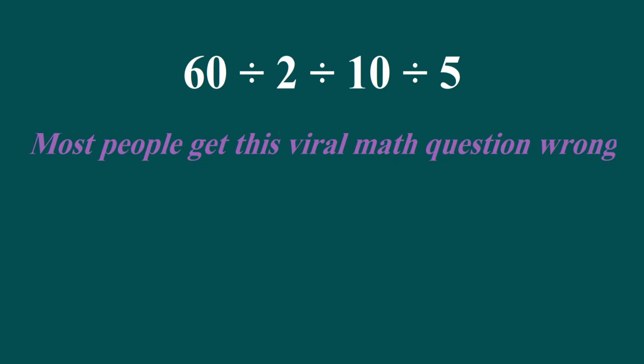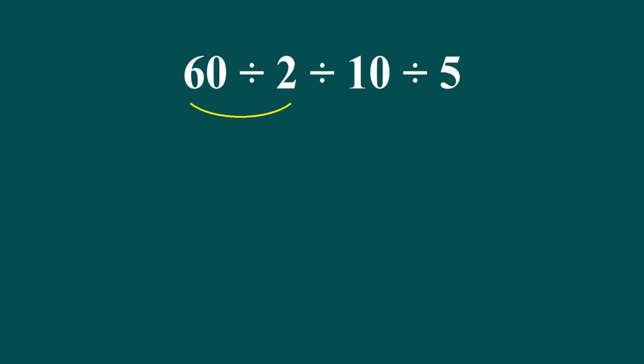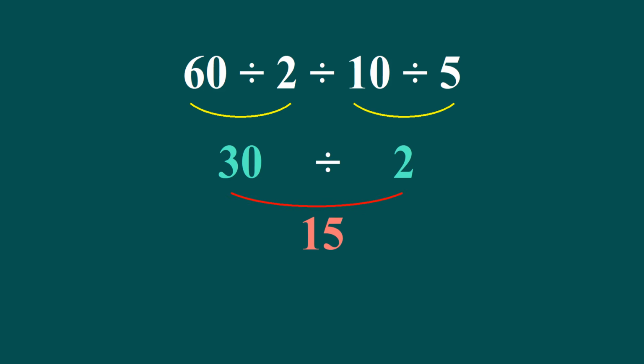In this video, 60 divided by 2 gives us 30. And here we have 10 divided by 5, which equals 2. So 30 divided by 2 is just 15. But this answer is not correct, because according to the order of operations, when we have more than one division